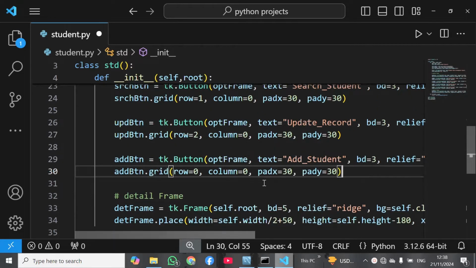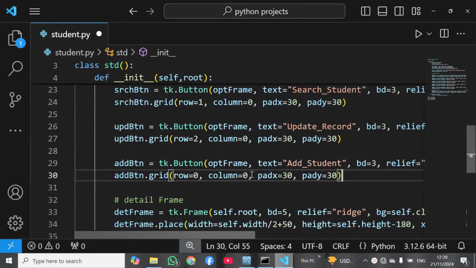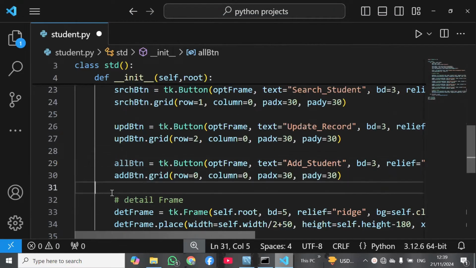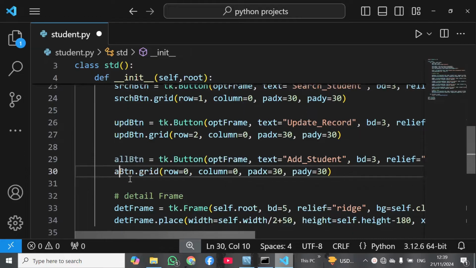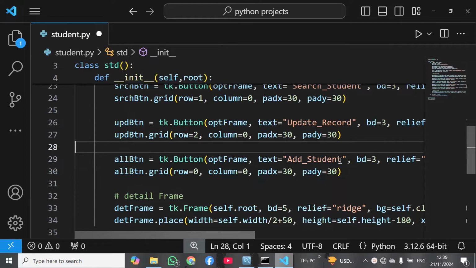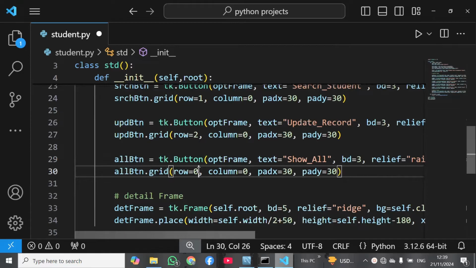So now this should be show all. So this should show all. So show all button, and this is also the all button. All button, and then I have to change the text value from here. This is show all. Okay, show all, and then I have to create it in our fourth row, and then